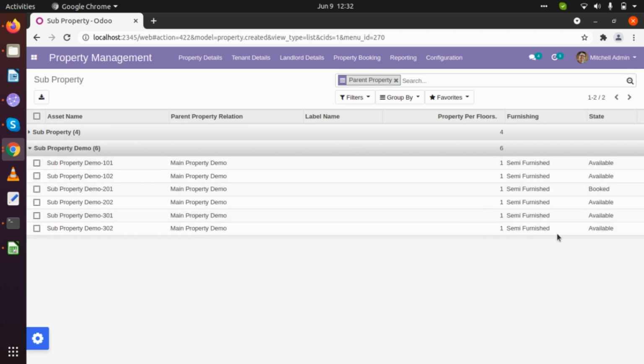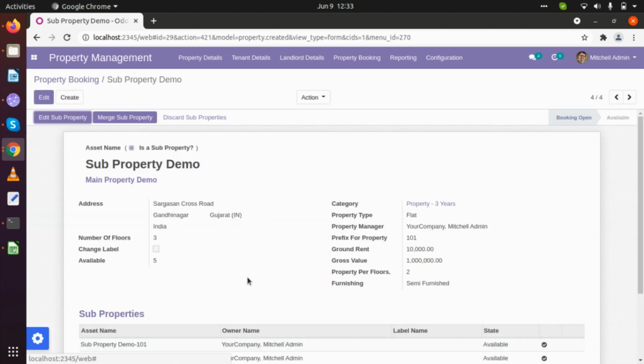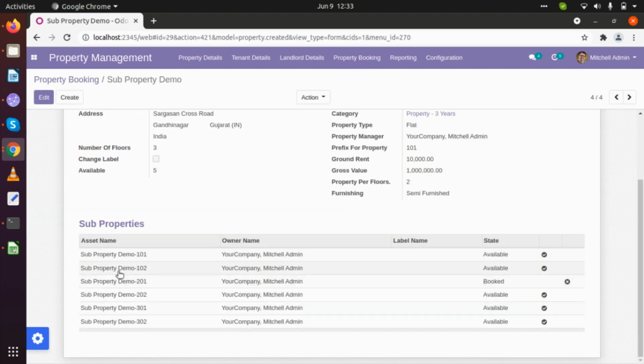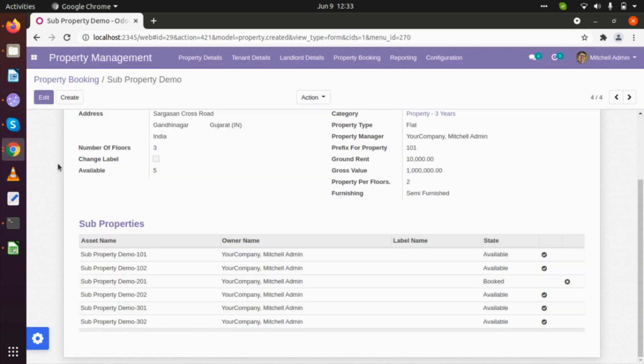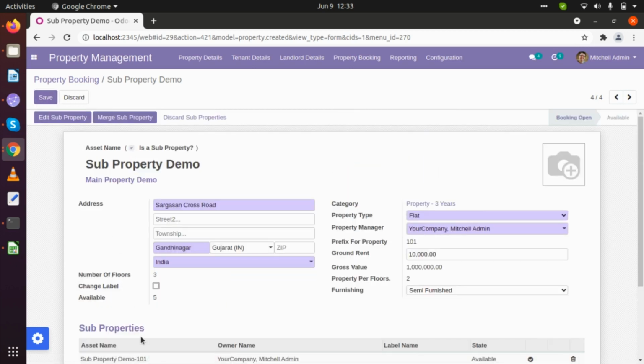And if we want, we can change its details from here also. So when we select this, we need to go to book property, sub property demo. Let me show you that. If I click on this, let's edit that property.